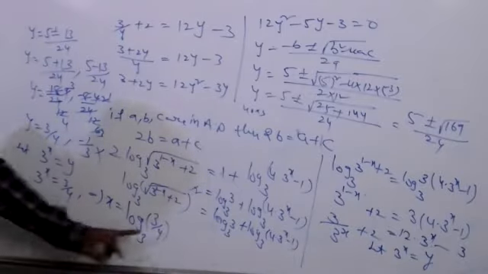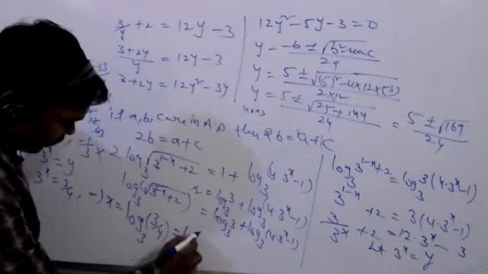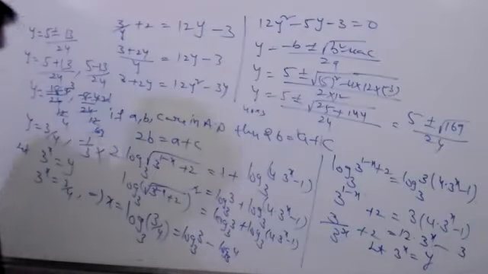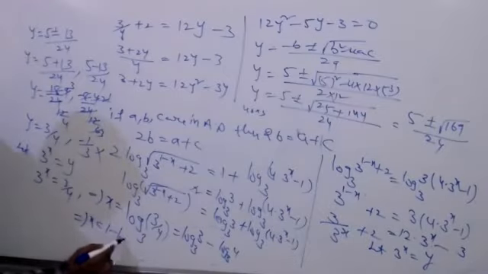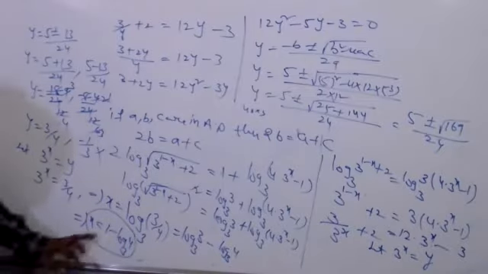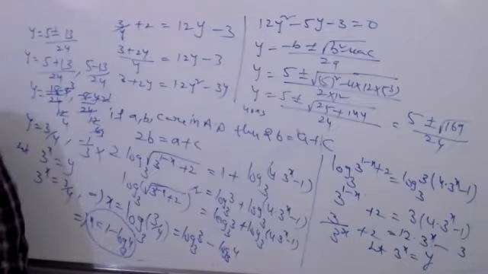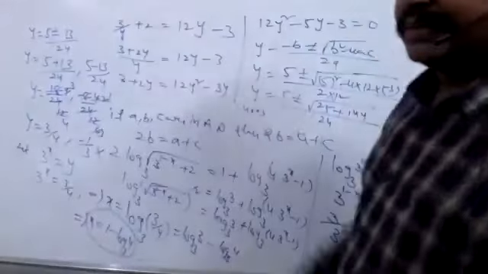Now here 3 by 4 is of the form a by b, so log base 3 power 3 minus log base 3 power 4. Log a minus log b. Correct? Yes. x is equal to 1 minus log base 3 power 4. Which option is the right option? Sir, option B is the right option. Option B. Note down.